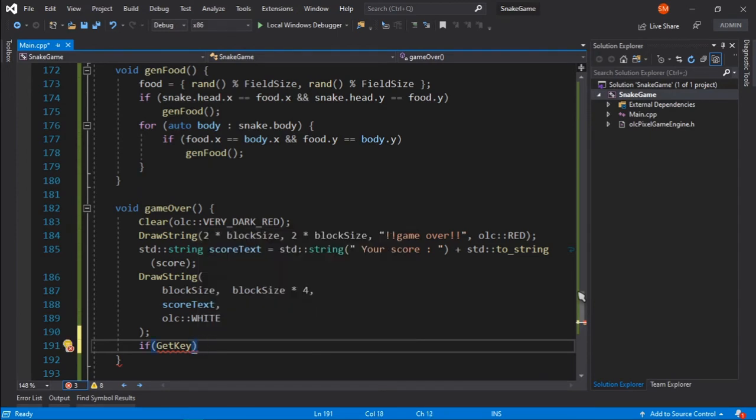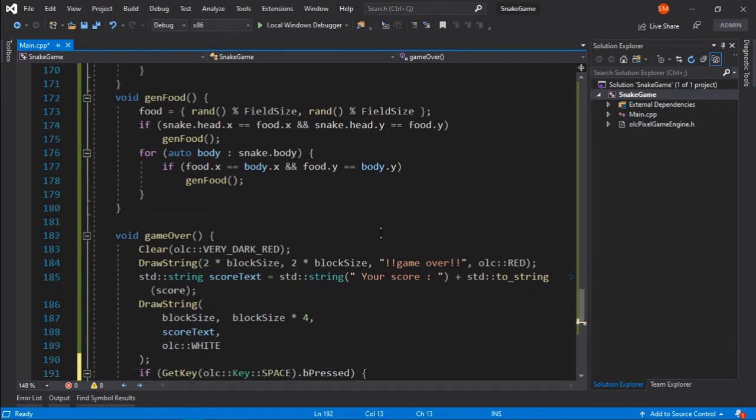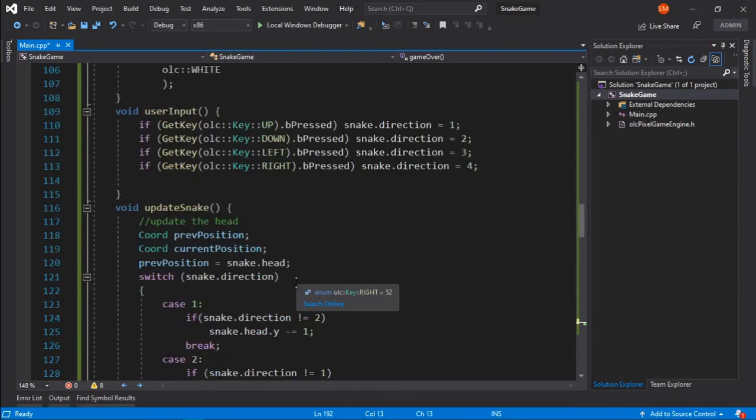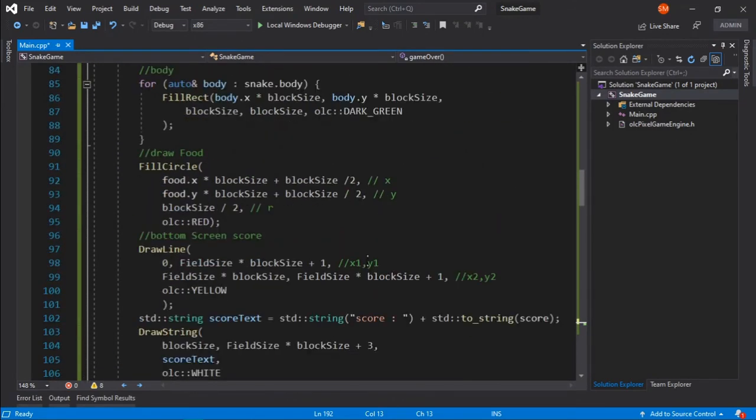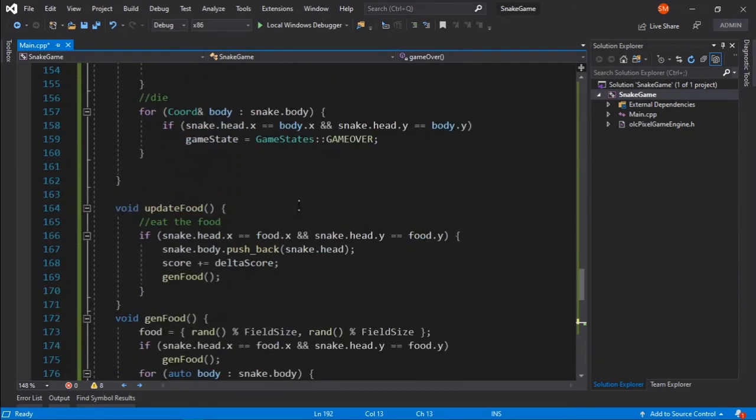we'll see key space dot b press. What we want to do is switch to our classic mode. So we will say game state.